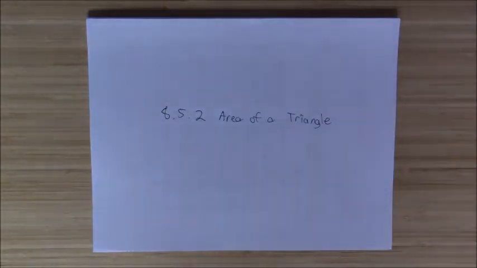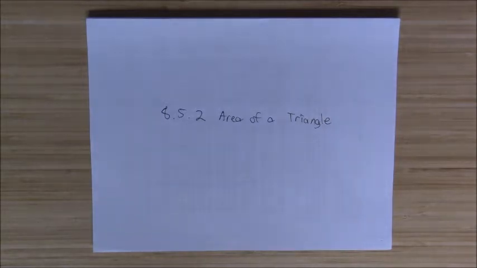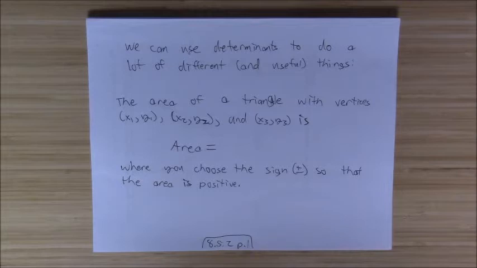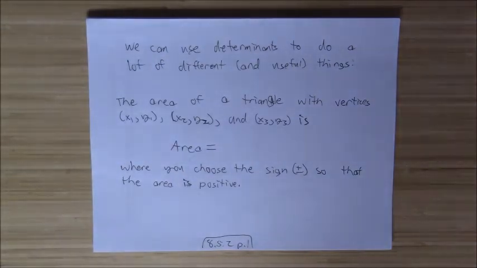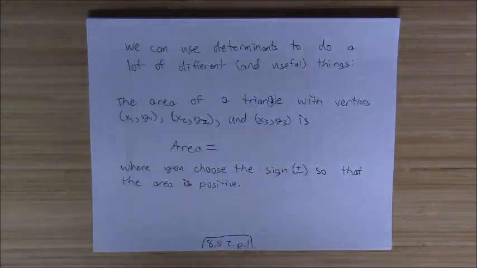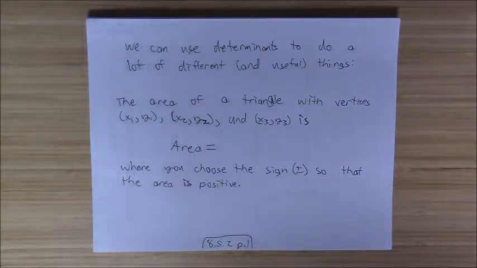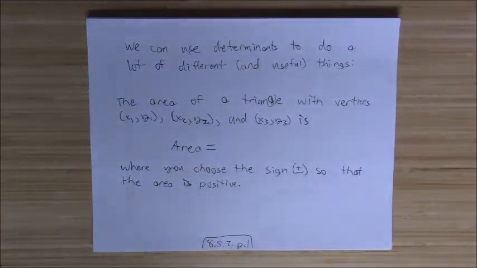In this video, we're going to be talking about how you can find the area of a triangle using a determinant of a particular matrix. As a preface, besides just solving systems of equations, we can also use determinants to do a lot of other different and useful things. For instance, the area of a triangle with vertices (x1, y1), (x2, y2), and (x3, y3) is given by